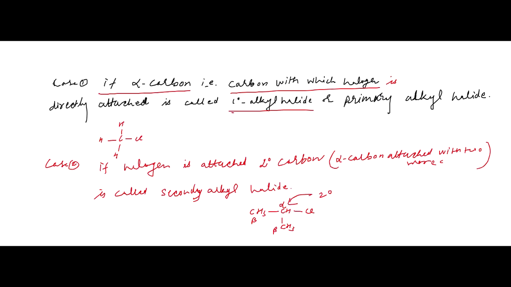Now, tertiary alkyl halide, 3-degree alkyl halide. What is the point of 3-degree alkyl halide? If halogen atom is directly